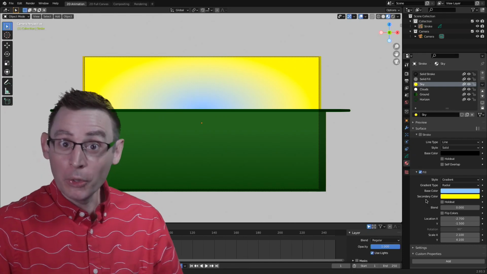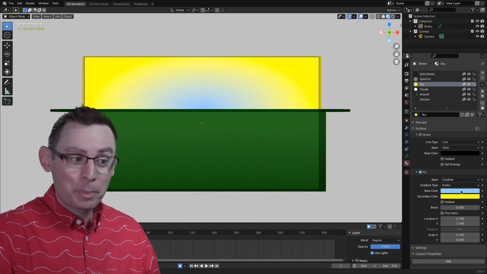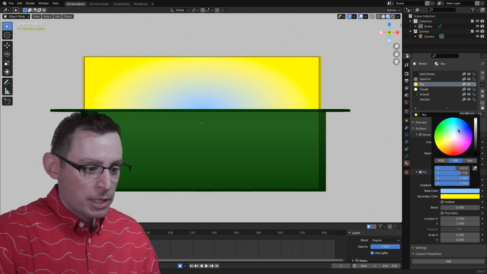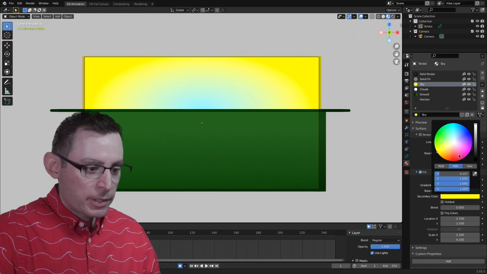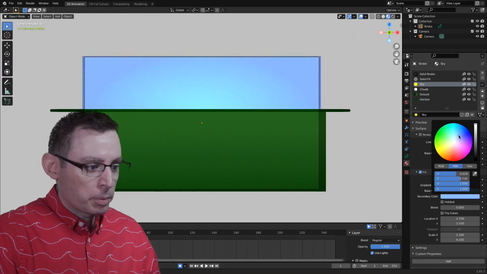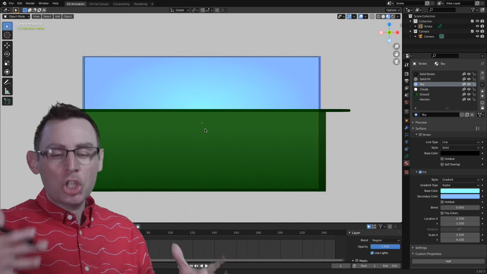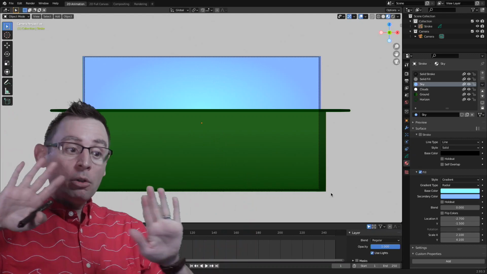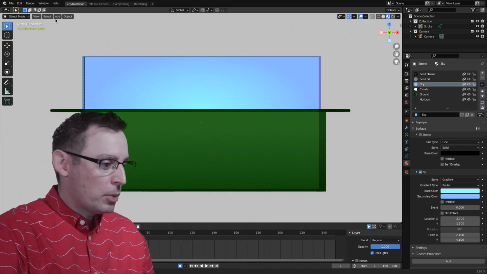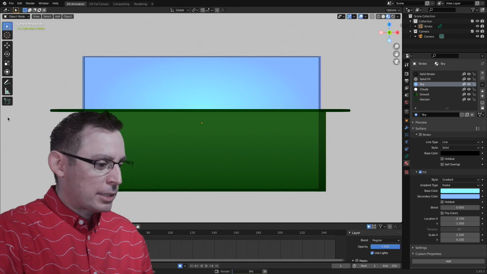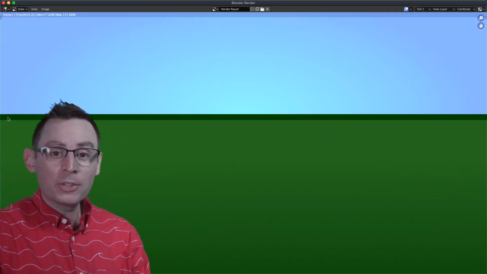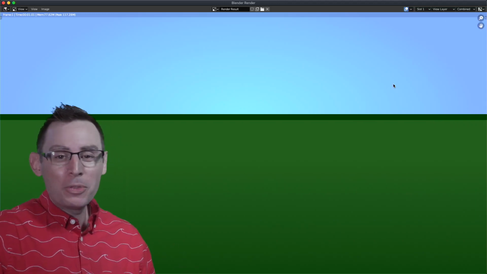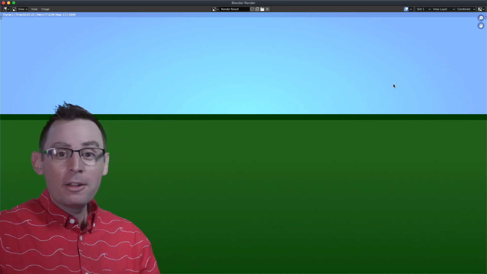Now, I'm not in love with the colors. Blue to yellow is not exactly the color properties that I'm looking for here. But let's just change the colors now. Let's change the interior one to a slightly different blue. And the secondary color is going to be a much darker blue. I don't want to have this extreme change in color value for my little sky here, but the colors are going to change as they go to the boundaries of our frame. And I'm pretty happy with the way that this is looking. Let's render it real fast. I want to be really confident that this is how we want our little set and our scene to go. I may draw some clouds in here, but this is already getting pretty fantastic, and I'm happy with the overall result that I've created for the background of my scene.